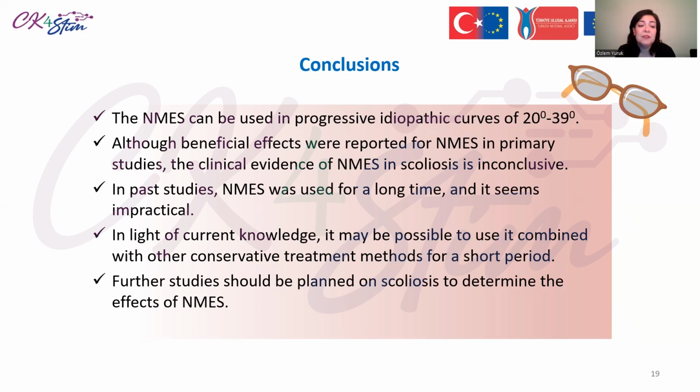In past studies, electrical stimulation was used for a long time, and it seems impractical. In light of current knowledge, it may be possible to use it combined with other conservative treatment methods for a short period. Further studies should be planned on scoliosis to determine the effects of